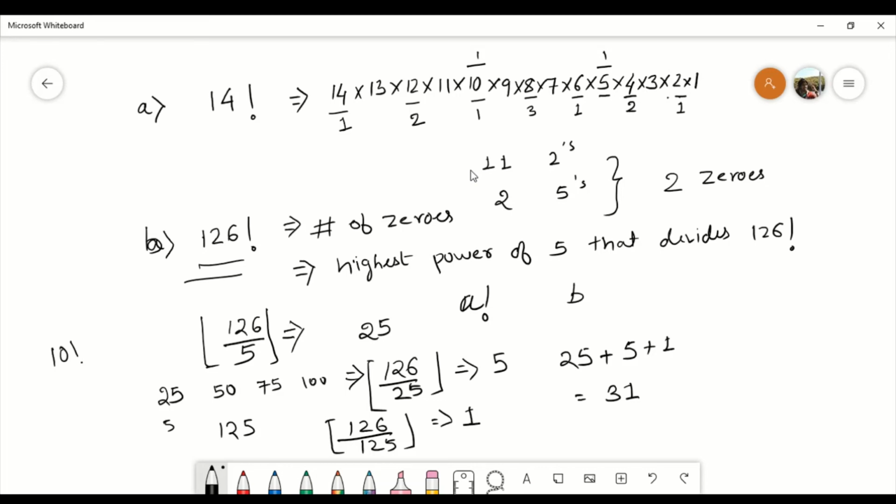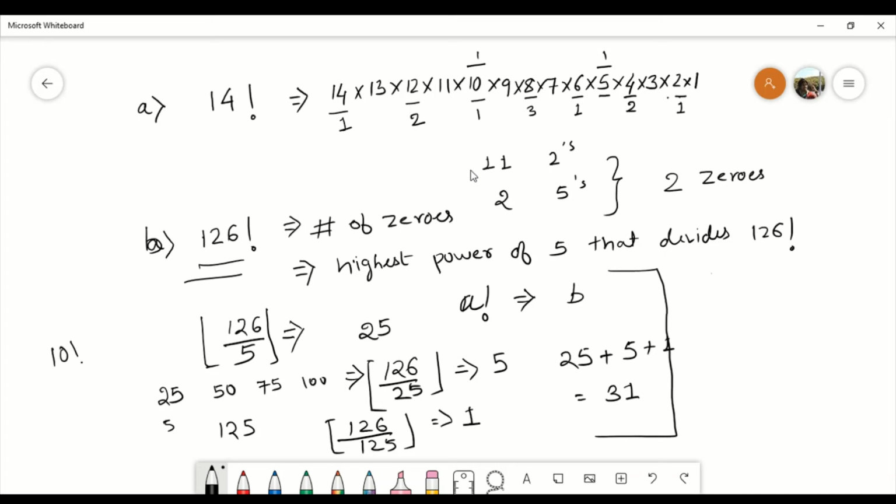Right now our b was 5 because we wanted to count the number of 0s, and that eventually means counting the number of fives, right? So if we wanted to count the number of fives, we did this approach. Similarly, if we generalize this, if we have a number a factorial, and we have to find the maximum power of b that divides a factorial, we can generalize that